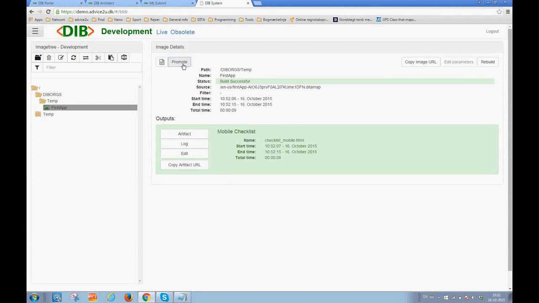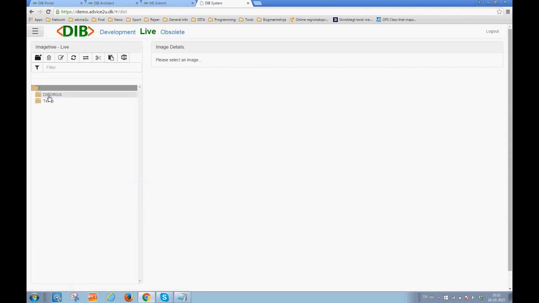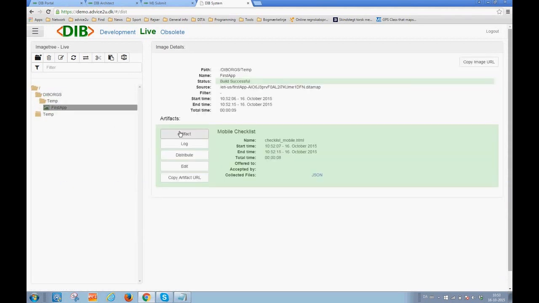So what I'm going to do now, I'm going to send this out to our distribution server, and that is done by what we call a promotion. And then we move into our distribution server. Looks actually very similar. I go down and find my in-app or my app, and then I actually distribute that one to a specific user. So that specific person will receive this mobile application on his device. And now you can see it has been sent out, and it's ready to go.